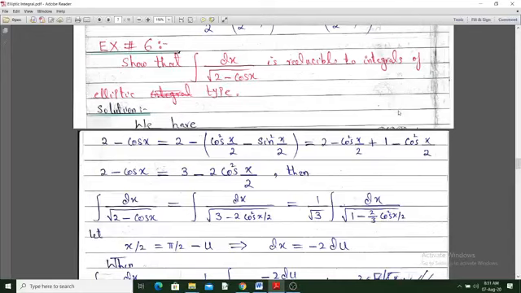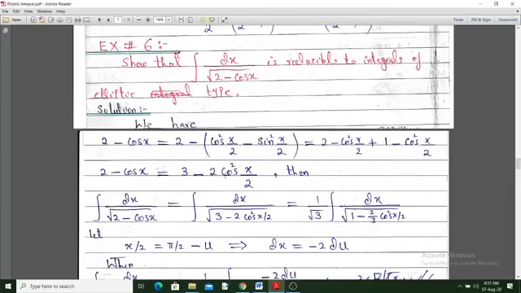Bismillahirrahmanirrahim. This is another example, and in this example we have to reduce this integral into an elliptic integral. In order to do this, we write this expression 2 minus cos x, and then we use the half angle formulas of cosine x. You know that cos x is equal to cos square x by 2 minus sin square x by 2, and then I write this sin square as 1 minus cos square x by 2, and finally